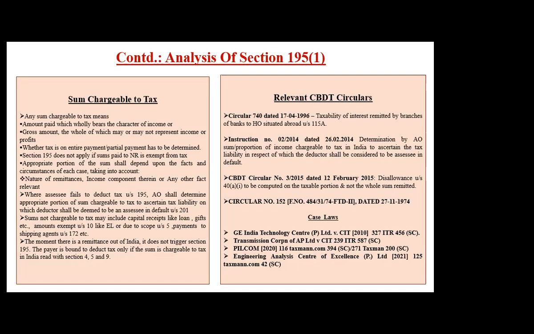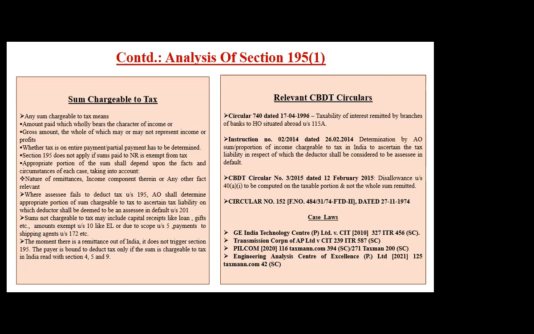Now, coming back to this, there was a G. E. India case law, which is a decided proposition by the Supreme Court, which said that only the income portion embedded in the total sum is chargeable to tax. It is not that the whole gross consideration or the gross amount would be chargeable to tax. Only the income portion would be chargeable to tax so far as sum chargeable to tax is concerned. If we are unable to determine it, then we can go to the AO, and we will see how the AO can determine that portion. But so far as sum chargeable to tax is concerned, it is only the income element which, for the purposes of section 195, is chargeable to tax.